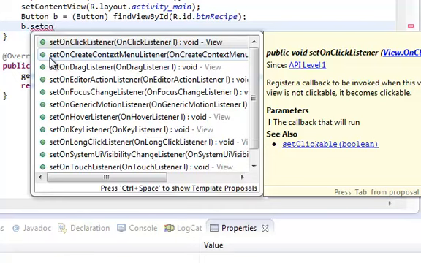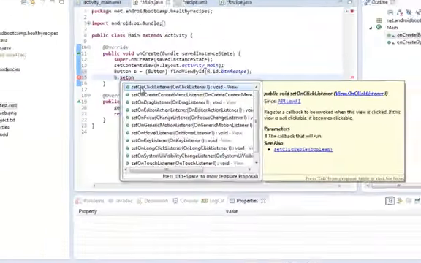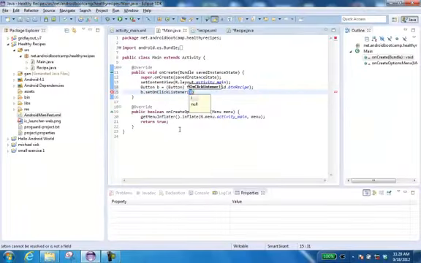and a code list comes up for you. You want to click the one that says On Click Listener, the very first one. So double click on that one. It'll add the code to it. It's a lot easier to add it that way than to type it. Alright, now